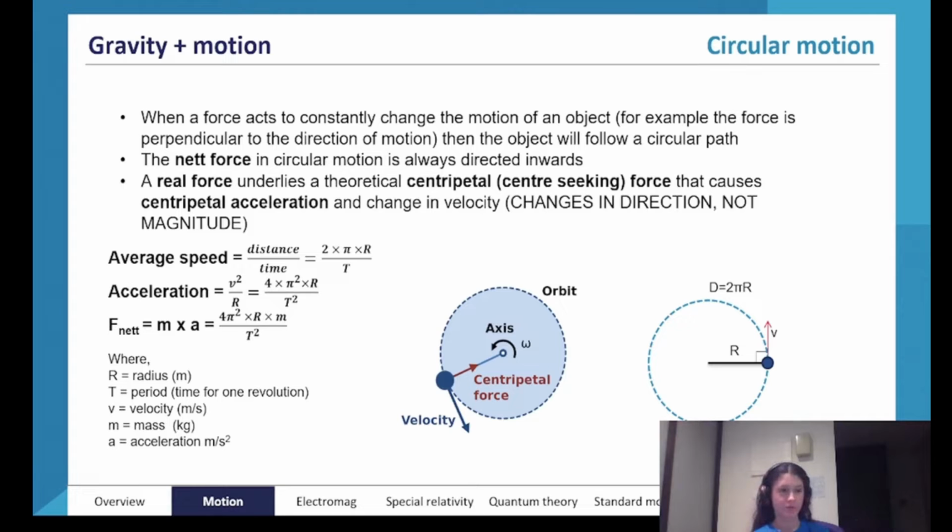Another thing to think about with circular motion is the misunderstanding about why, when you're experiencing circular motion, you feel like you're being pulled away from the center of motion. I remember my teacher telling me this in year 12, and I absolutely did not believe him. He said, no, no, no, the force acts towards the center of motion. And I said, I do not believe you. But it makes a lot of intuitive sense if you think about it really hard. And mind you, it took me a couple of months to finally understand this.